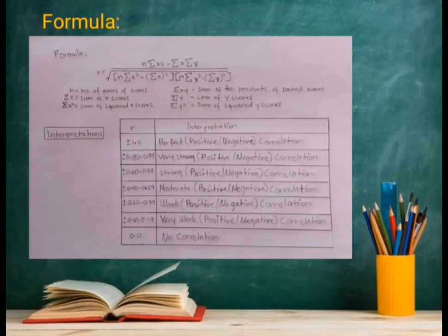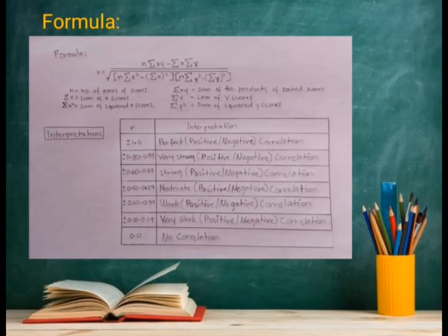And then interpretation: r is plus or minus 1.0, perfect positive or negative correlation; plus or minus 0.80 to 0.99, very strong positive or negative correlation; plus or minus 0.60 to 0.79, strong positive or negative correlation; plus or minus 0.40 to 0.59, moderate positive or negative correlation; plus or minus 0.20 to 0.39,